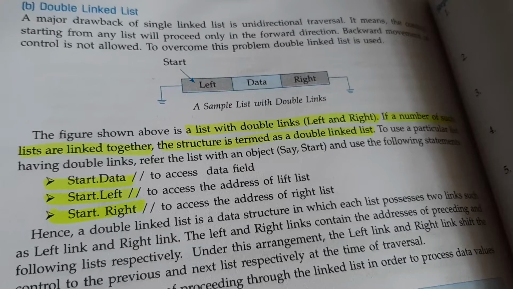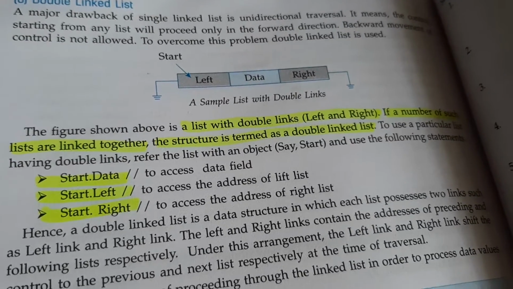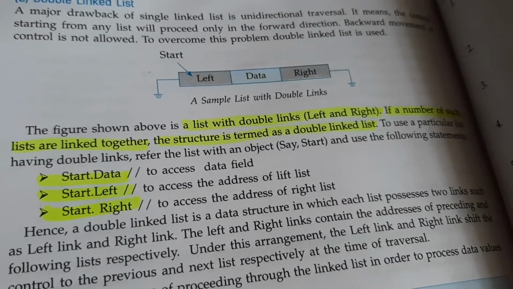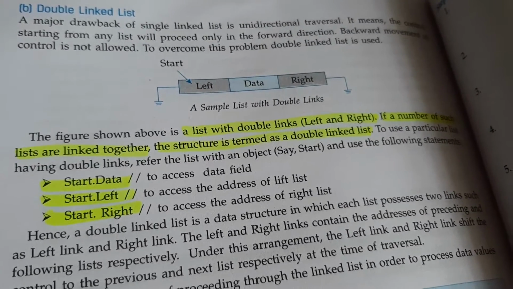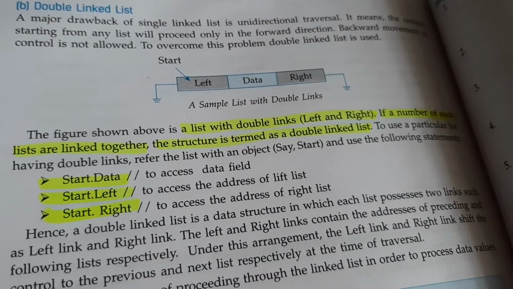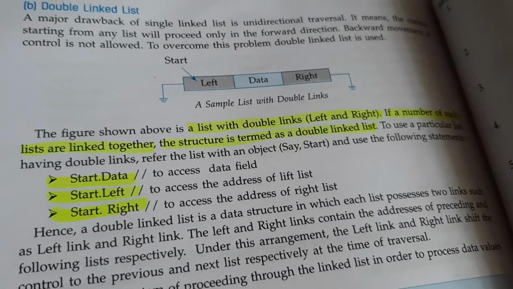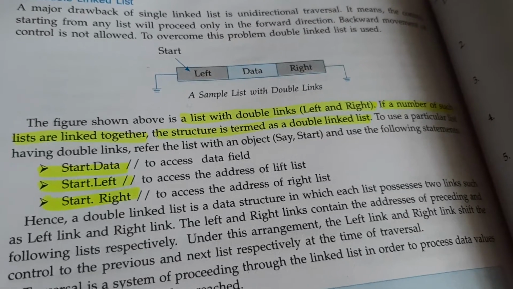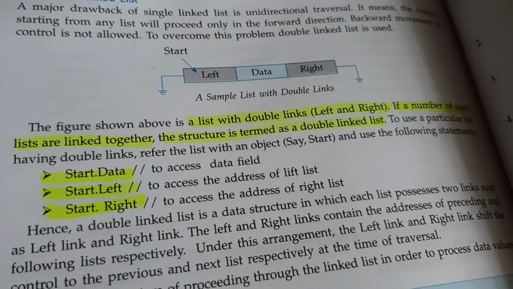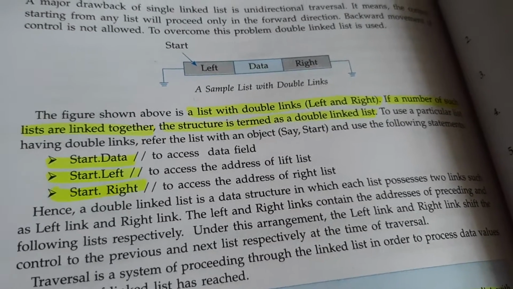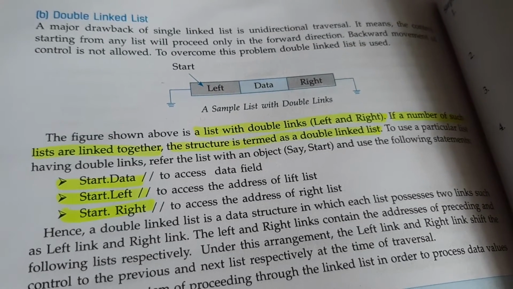The previous topic that we have seen is the single linked list, where there is only one link, which links with the other. Here you can link on the left side as well as on the right side. There is no particular direction that the data has to travel. It can be followed in either way, left and right. So this is called a double linked list.